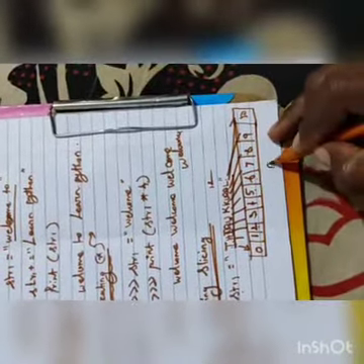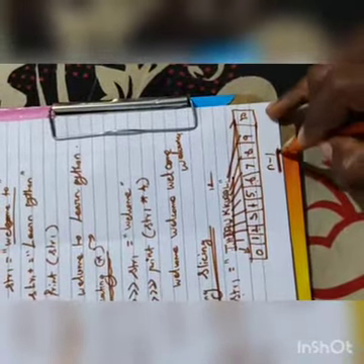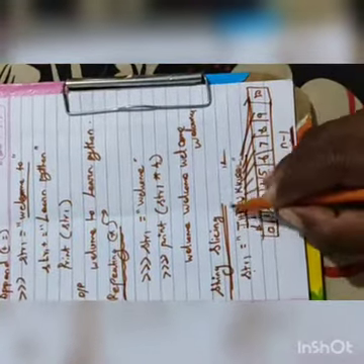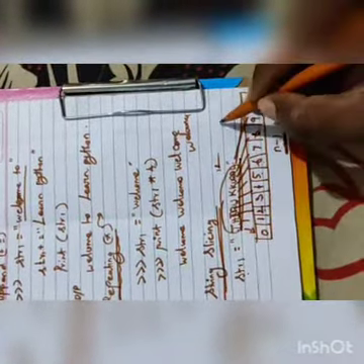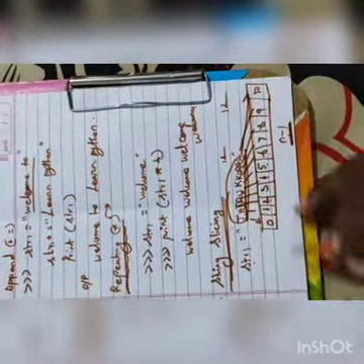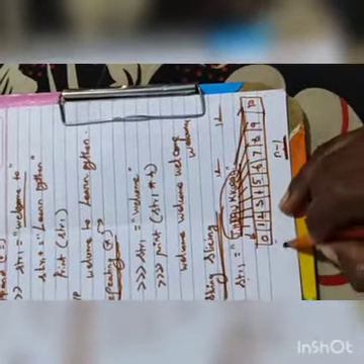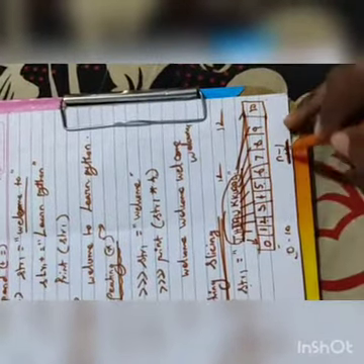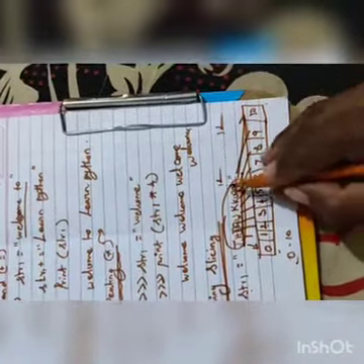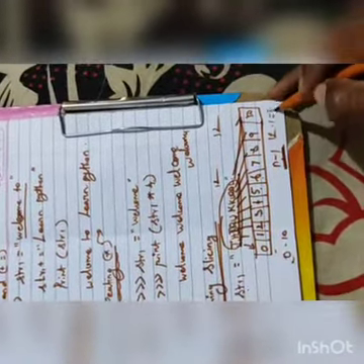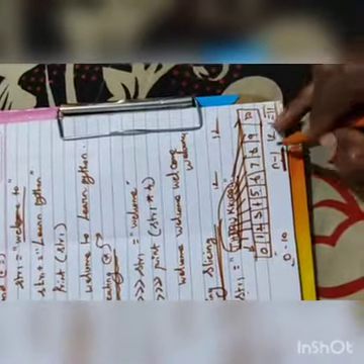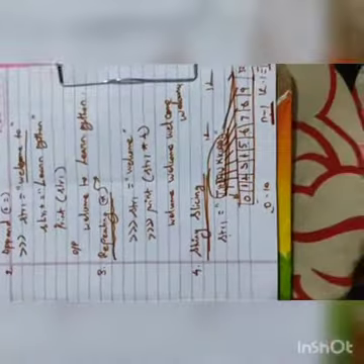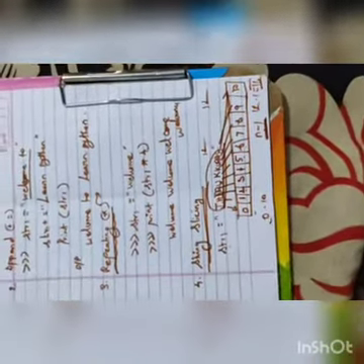So the last index is n minus 1. That is a very important formula: n minus 1 only. What is n? The total number of characters, that is 12. But that is the index value, from 0 to 11, because if you start from 0, then 11 will come. So the total string length is 12, and 12 minus 1 is 11. That is the last index value. This is how you find it.